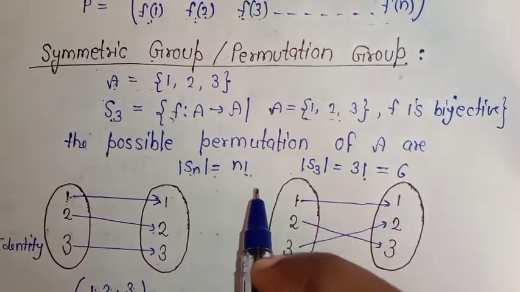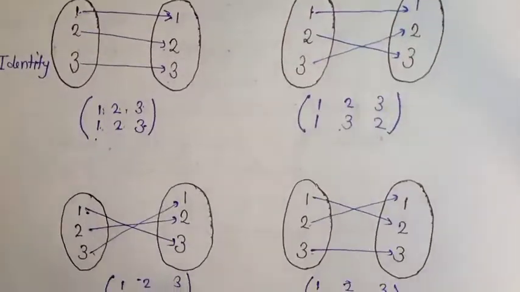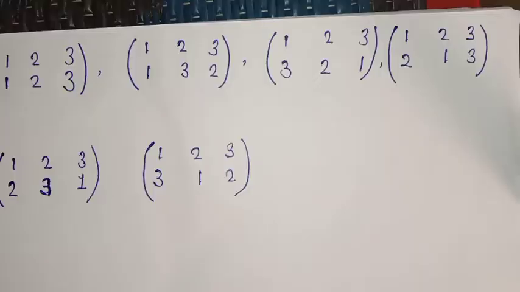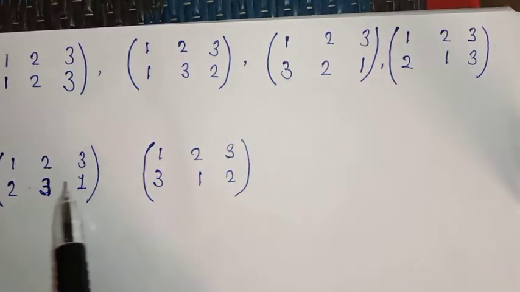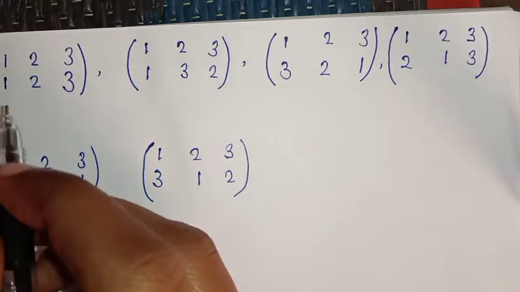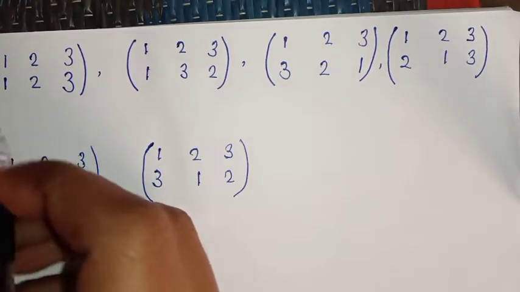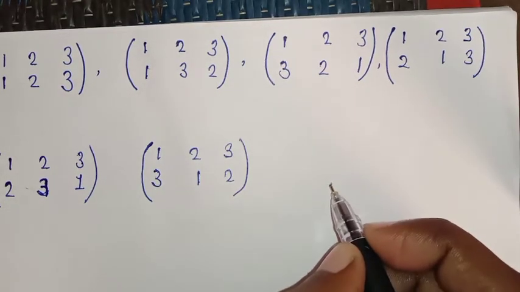Okay, so I hope you understand this. Now we will learn what is the cycle form for such type of permutations. So now we will understand how to write these permutations in the cyclic form. So firstly we see what are the cycles. Cycles, we all know about the cycles. That is, we start from one point and reach the same point.